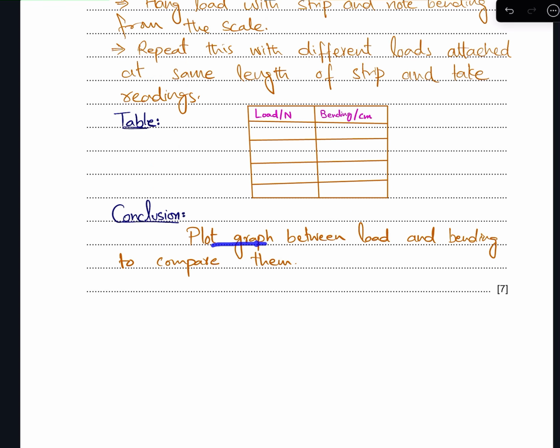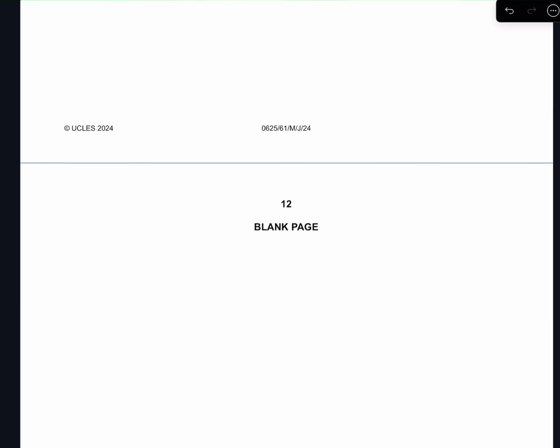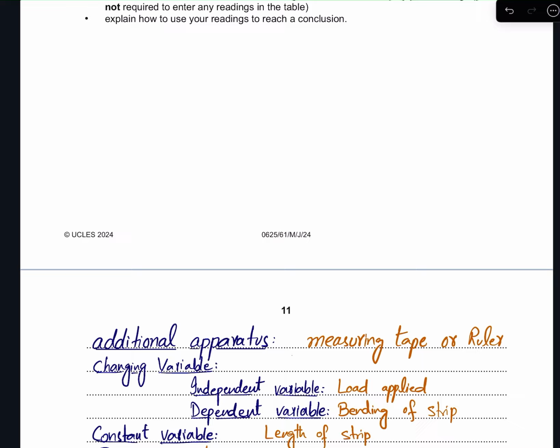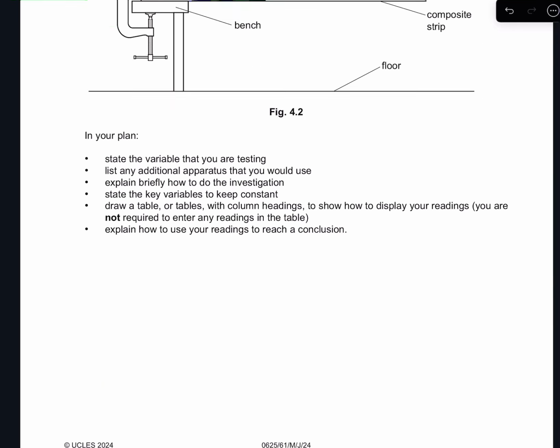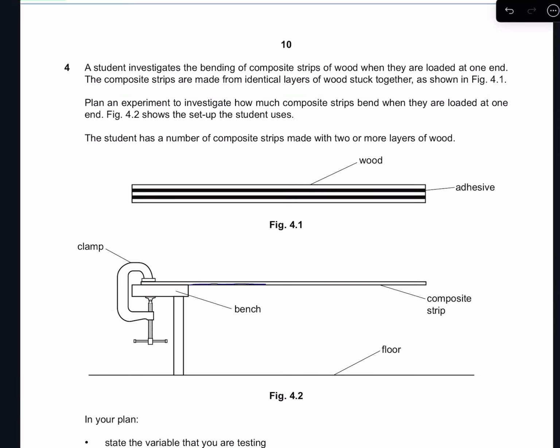ओके, अल्टरनेटिव टू प्रैक्टिकल। कंक्लूड कैसे कर सकते हैं हम? वी कैन प्लॉट ग्राफ बिटवीन लोड एंड बेंडिंग टू कंपेयर देम। ये आंसर आप कंक्लूड करने में किसी भी क्वेश्चन में दैट इज वैलिड। ओके, so you can just write it down anywhere, that's it। So we are done with this paper।